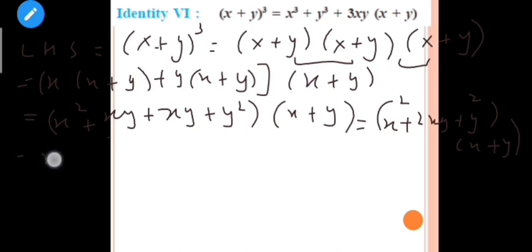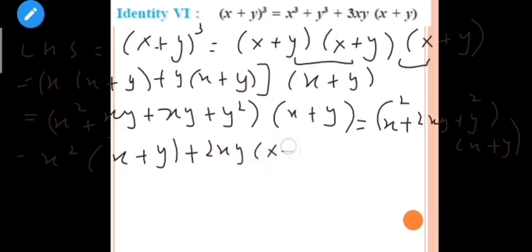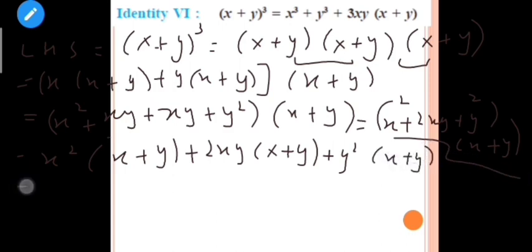So it will be x square multiplied with x plus y here, plus 2xy multiplied with x plus y here, and again y square multiplied with x plus y here. Okay, what you will get, you will get x cube plus x square y plus 2xy